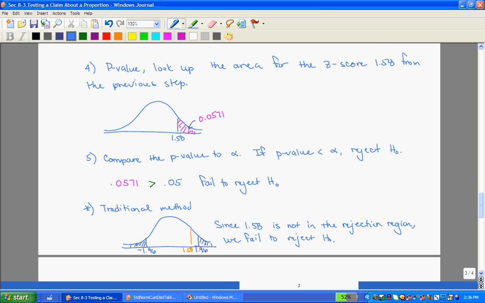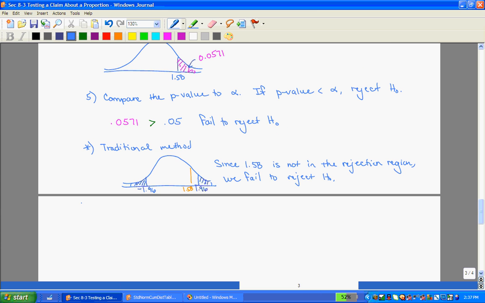So the traditional method, you're comparing the test value to the critical values, but with the p-value method, you're comparing the p-value that you find from the test statistic or test value to 0.05. If it's smaller, then you're going to reject because that area is smaller than what we should be getting. But if it's bigger, then you fail to reject. Regardless of the method, we still need a conclusion. And we would say here in the context of the problem,